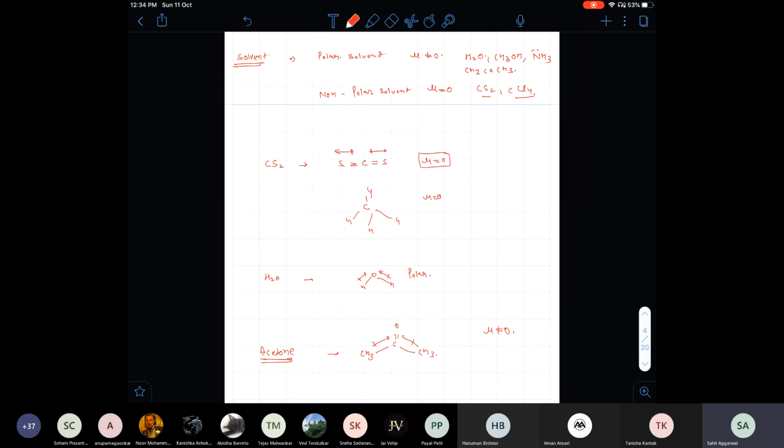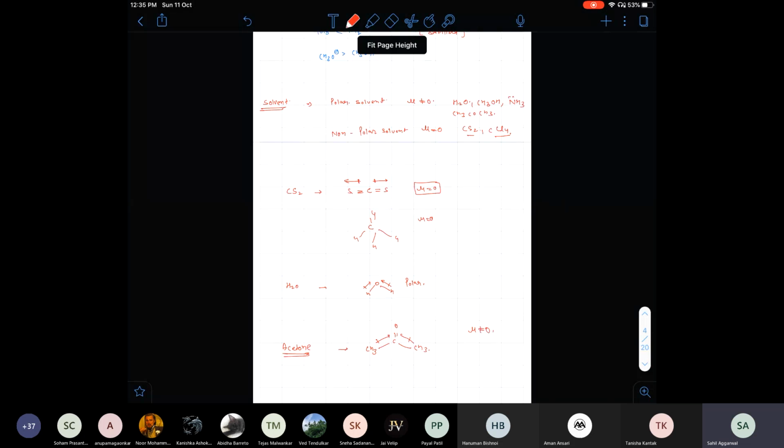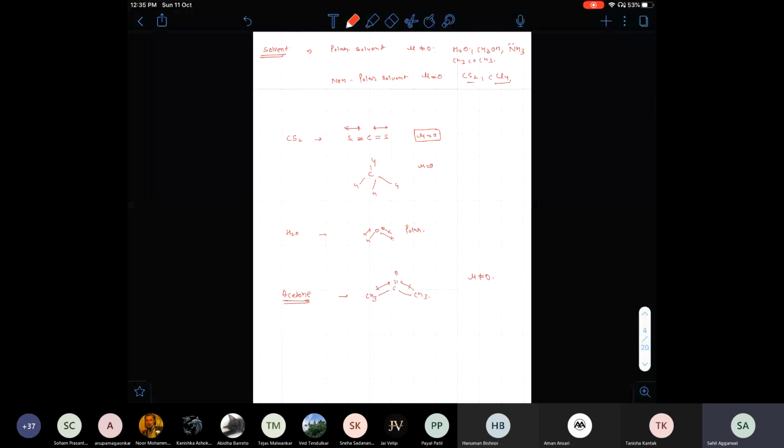शांतनु नॉन पोलर कैसे हुआ यार? ये लीनियर थोड़ी है। इट्स नॉट लीनियर। अगर ये लीनियर होता तो आप बोल सकते थे इट इज गेटिंग कैंसल्ड आउट। लीनियर नहीं है, इट इज मूविंग इन वन पर्टिकुलर डायरेक्शन। सर नेट डाइपोल ऊपर की तरफ है ना? हाँ, नेट डाइपोल इज अपवर्ड्स।